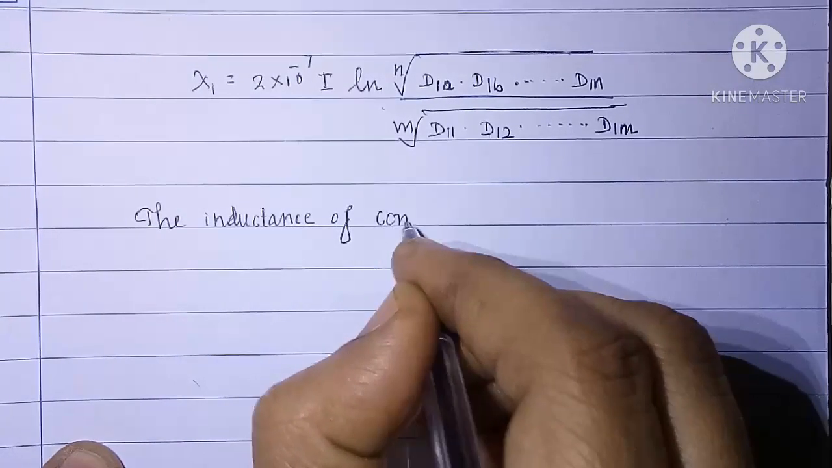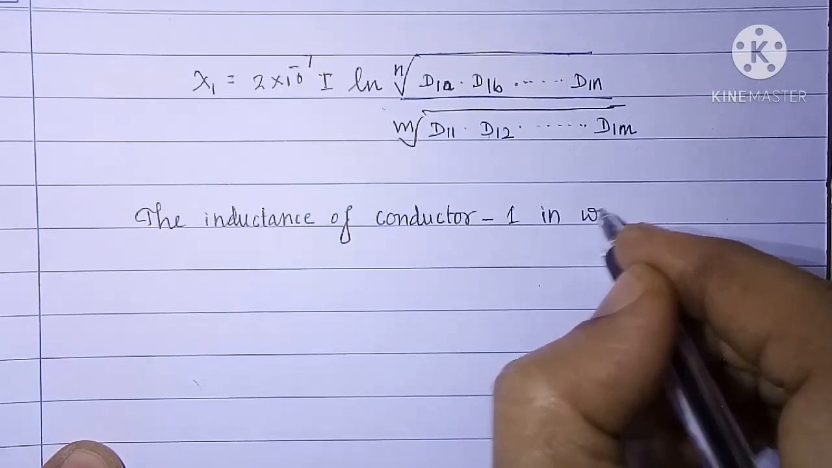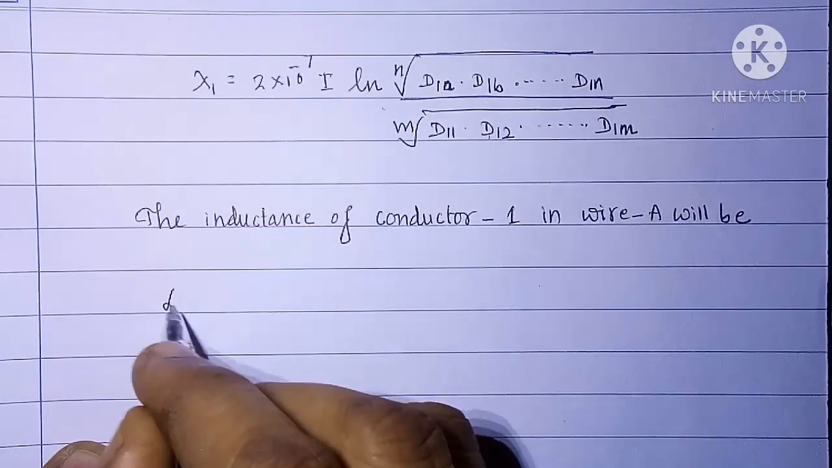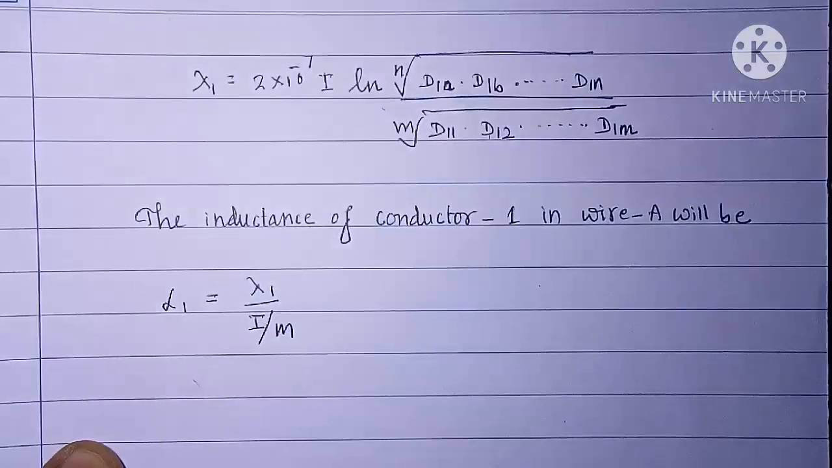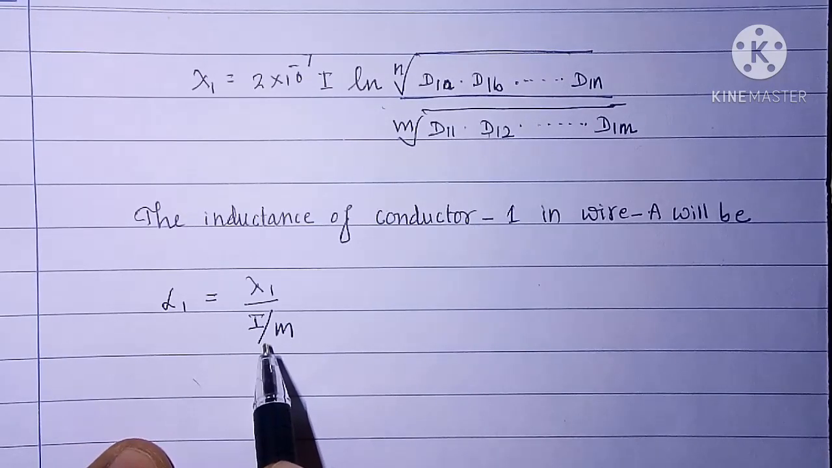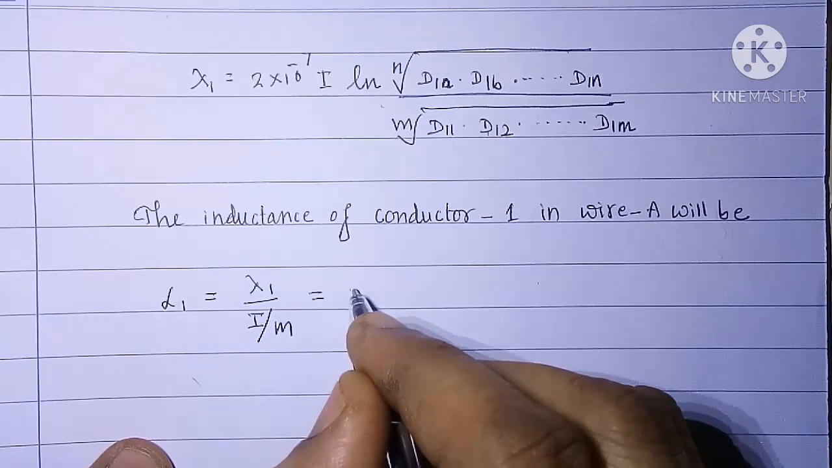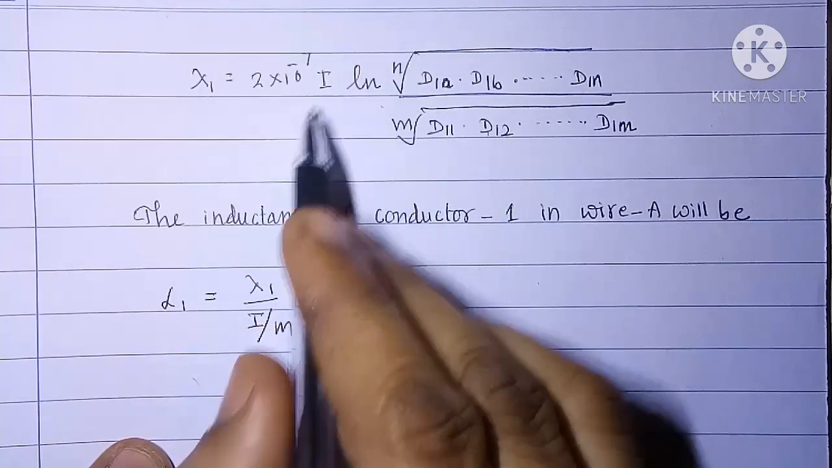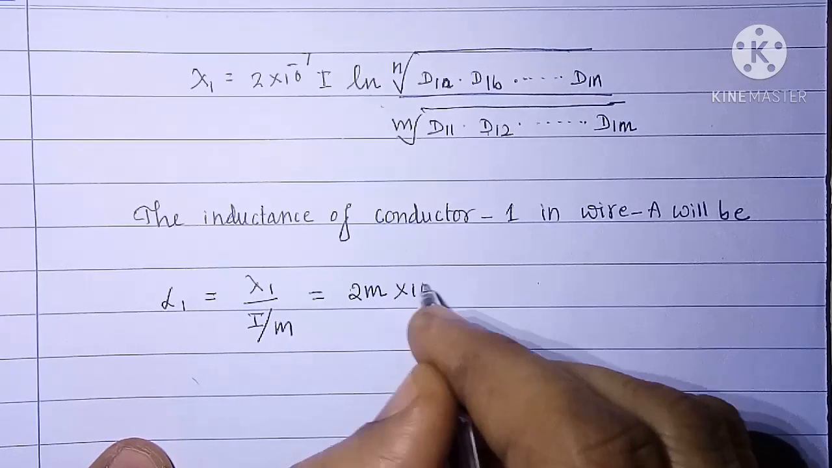The inductance of conductor 1 in wire A will be L1 equal to lambda 1 upon I upon m, because the current flowing through each conductor in wire A is I upon m, equal to 2m, because when I divide this by I by m, I and I will cancel and m in the denominator here will go to the numerator, 2m into 10 raised to minus 7